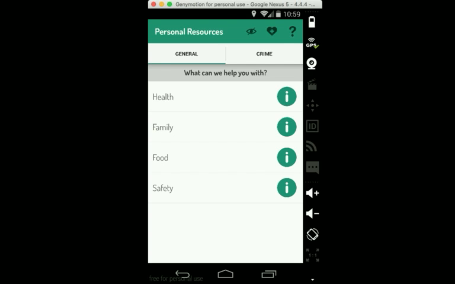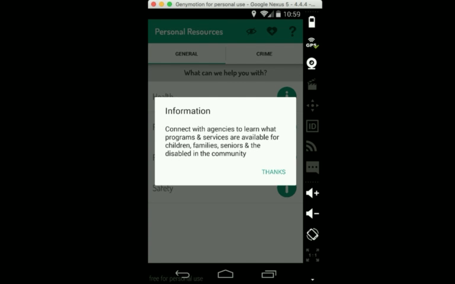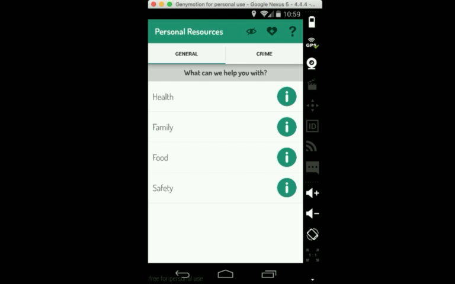And if at any point you're confused about the types of service providers you would see under these categories, there is an information button attached to each one of those families, and it provides a brief description about the types of service providers that you would expect to see associated with that category. So once you read that, you can close out of it,